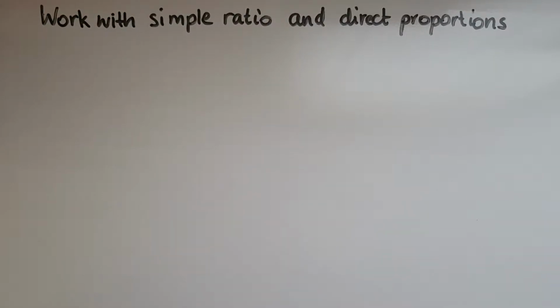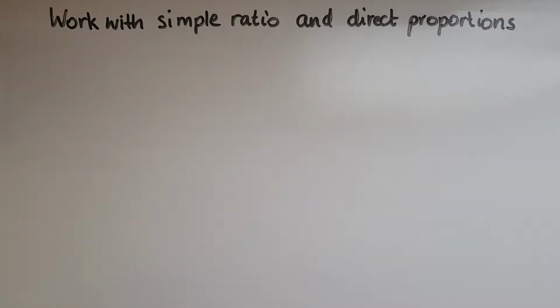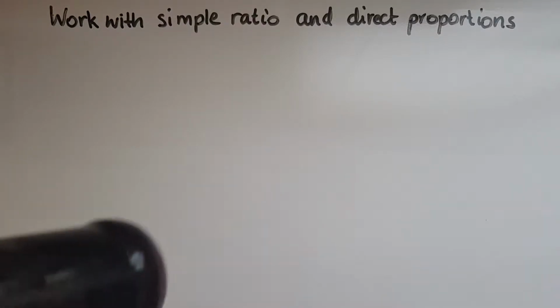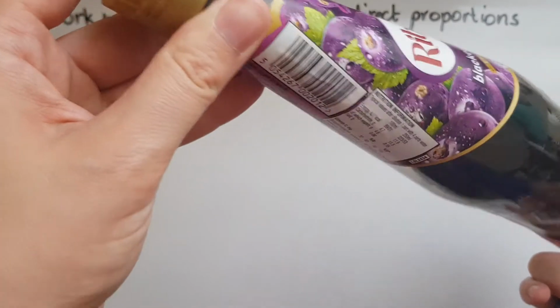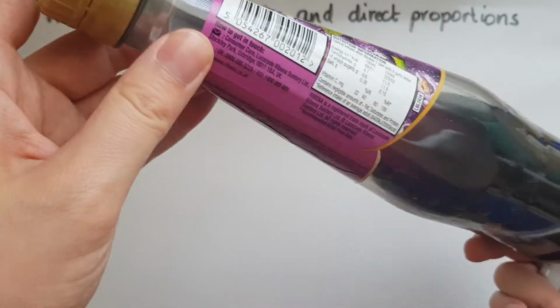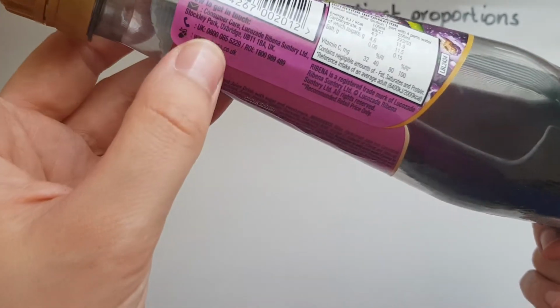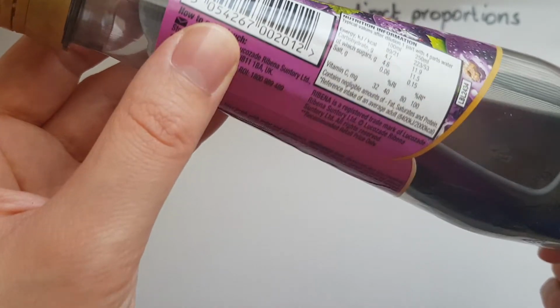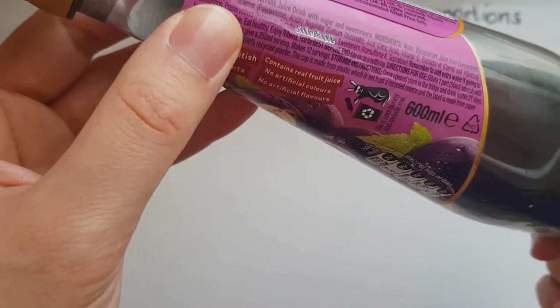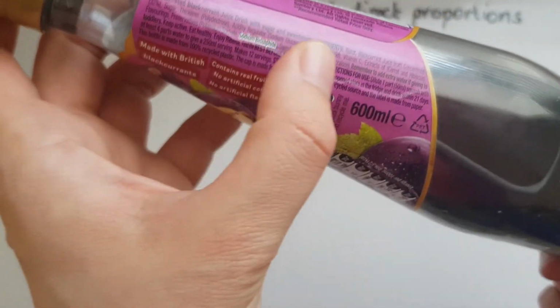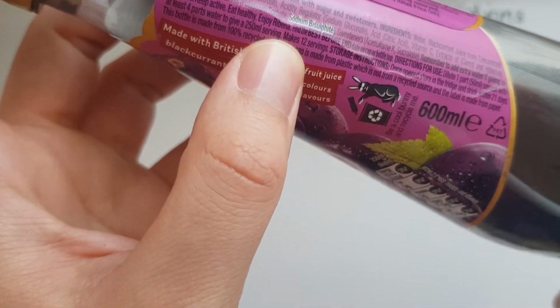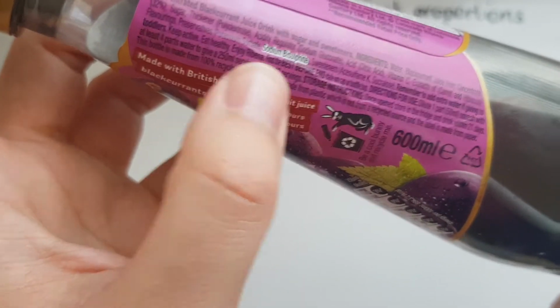In this video, we'll learn to work with simple ratio and direct proportions. We use ratio when it comes to mixing drinks together. That's just one example, so I'll use that example to illustrate. I've got a drink here which requires mixing. So I look at instructions to see how many parts of the drink with how many parts of water I need to mix. So if I look at the instructions, it says